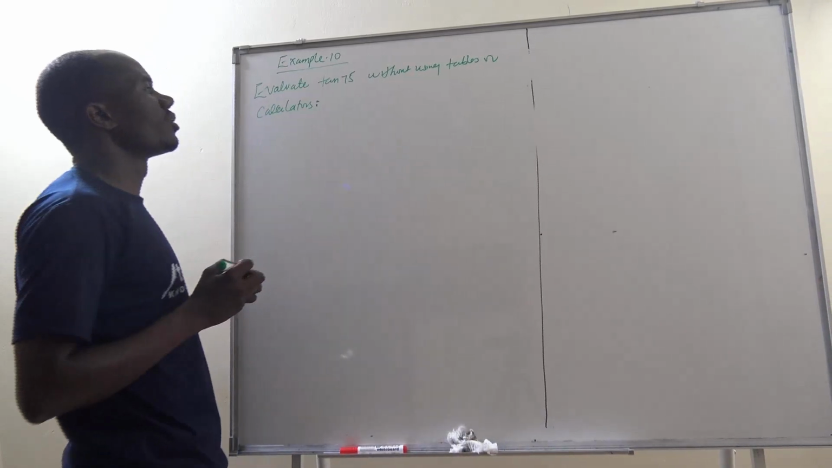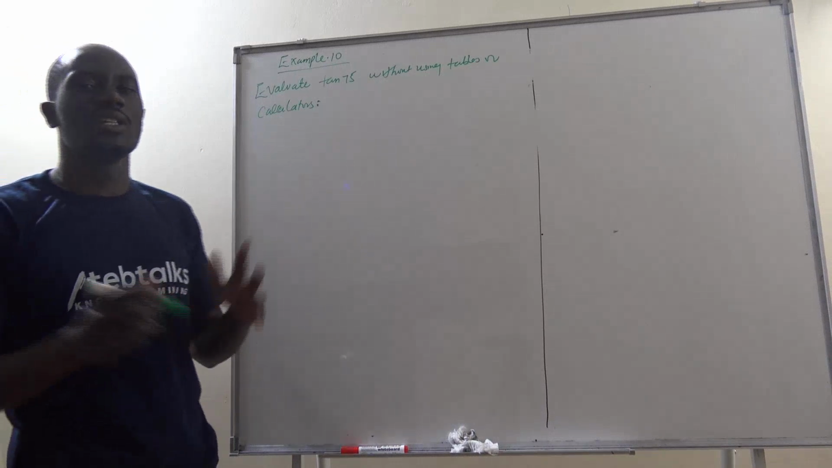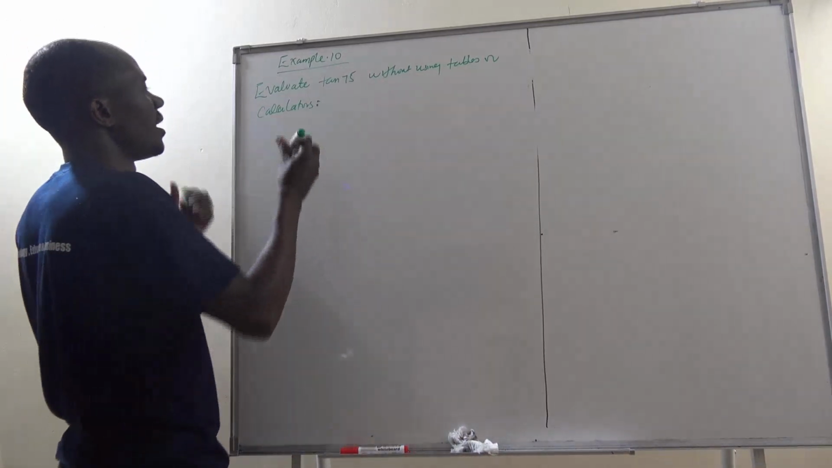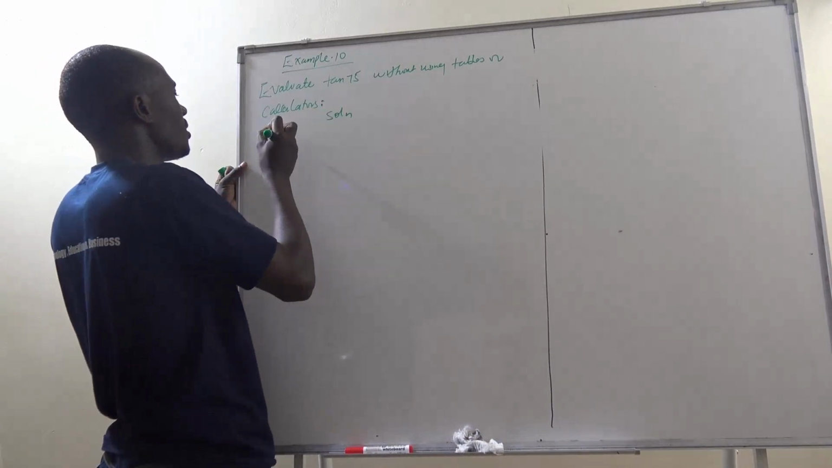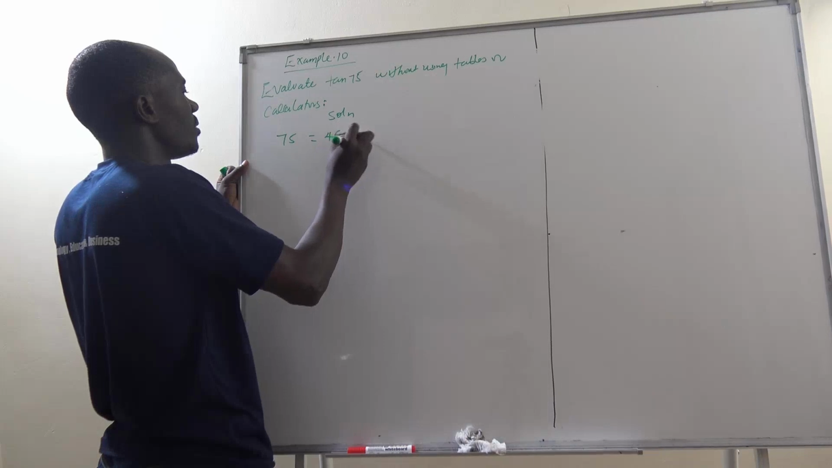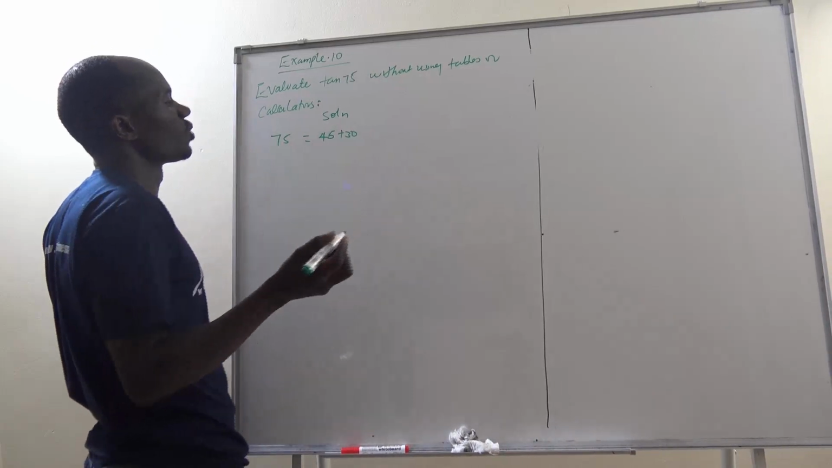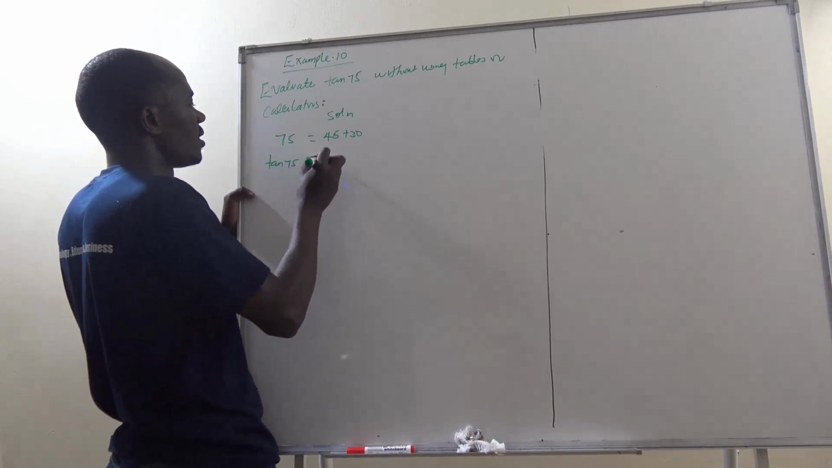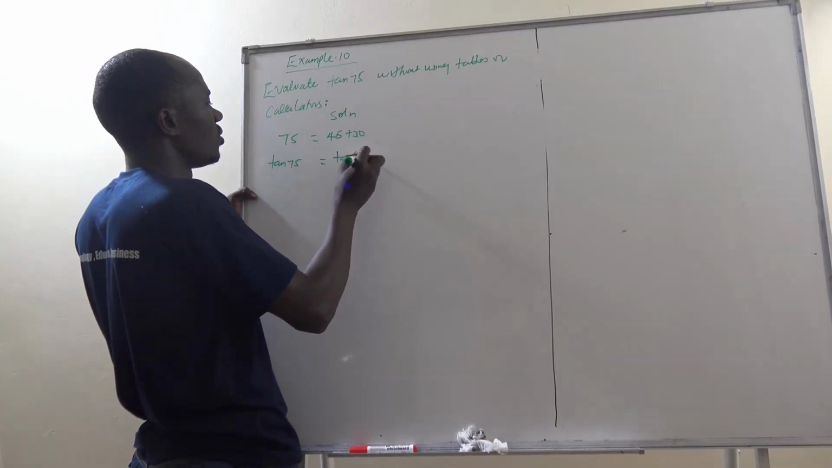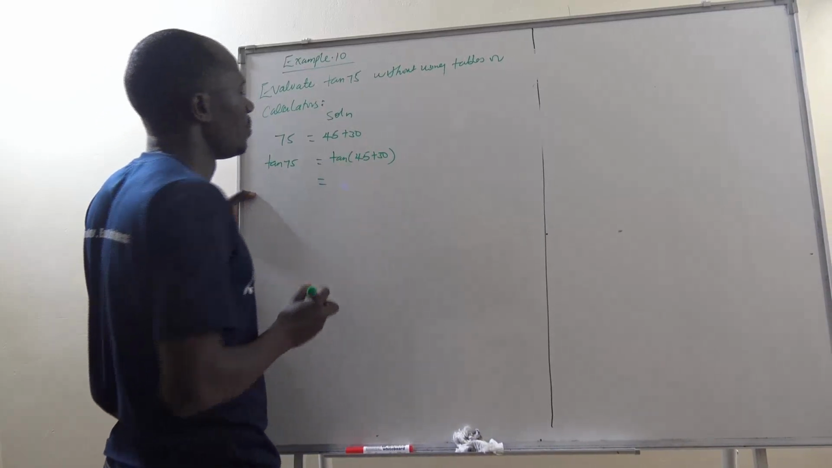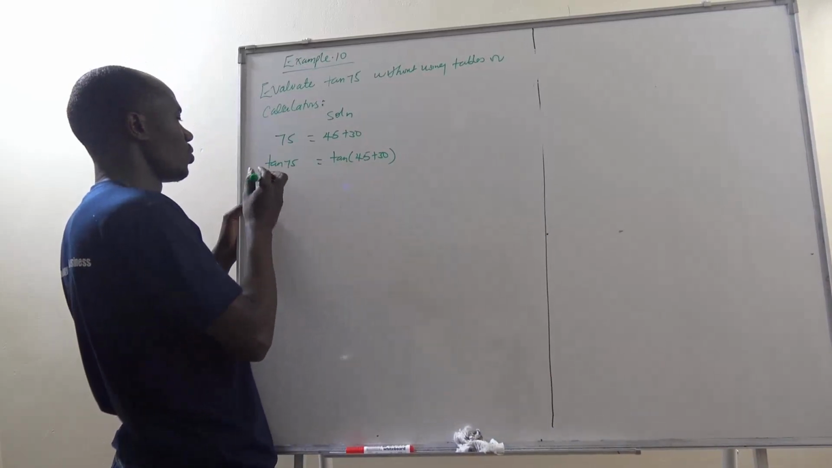So here I've said don't use a calculator, don't use a table, but evaluate this number. What do we do to such kind of a number? Solution. 75 is the same as 45 plus 30. So what if I play on those ones? I introduce a tan. I say tan of 75 is the same as tan of 45 plus 30. So can we open here using